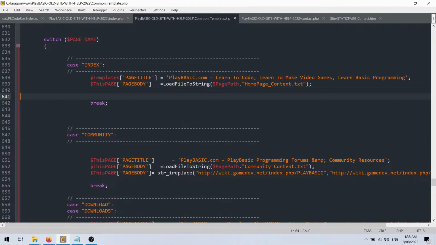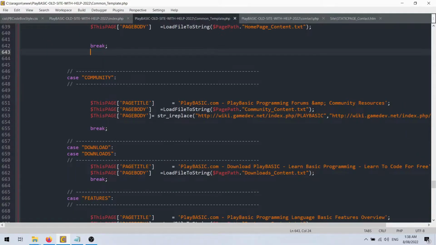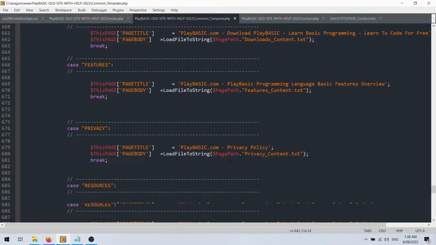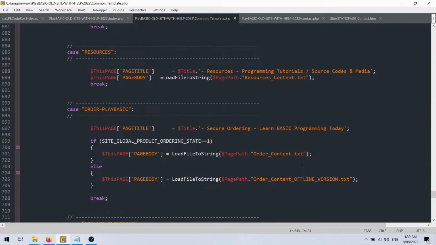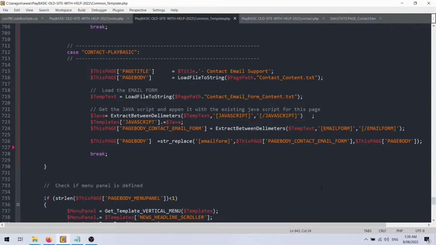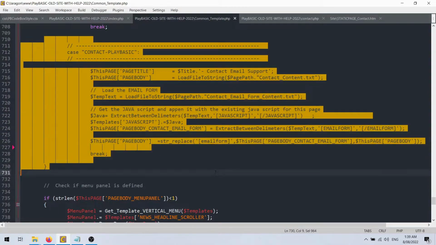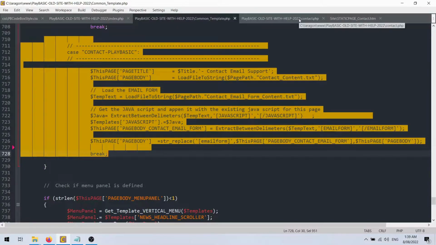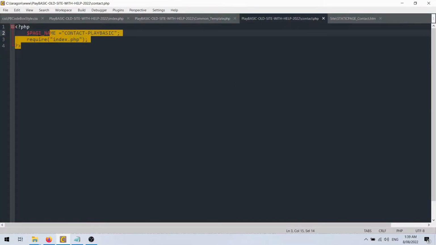So that's the index page, community, download page, features, privacy, resources page. The ordering page is done. Contact here is what drives the email page. The actual code itself is this. That's it. So to run that form, that's all you're doing. So we're pretty much converting this back into how Underware Design works. We've got a collection of these